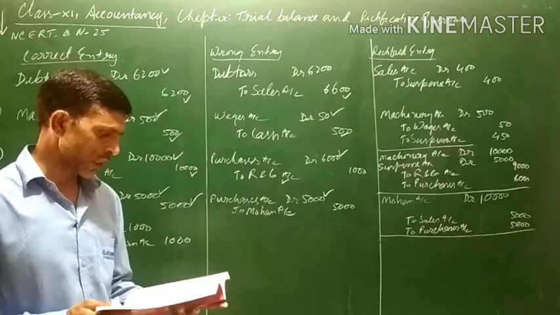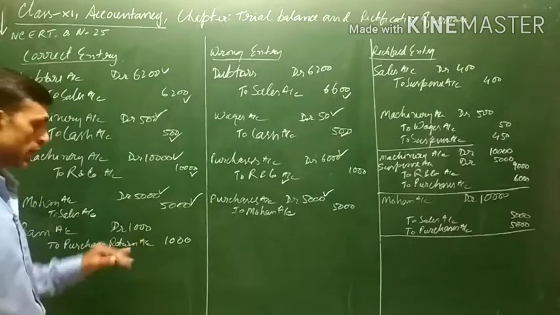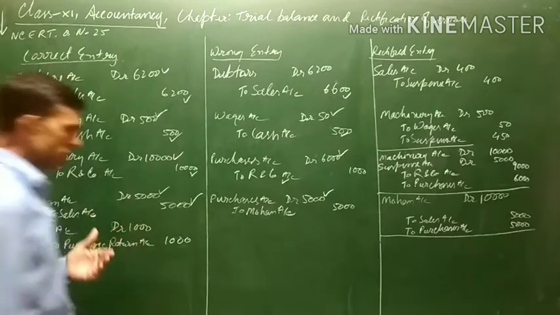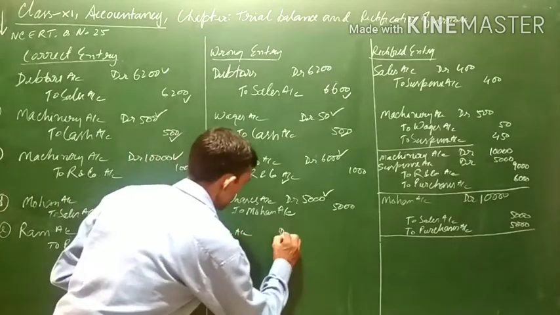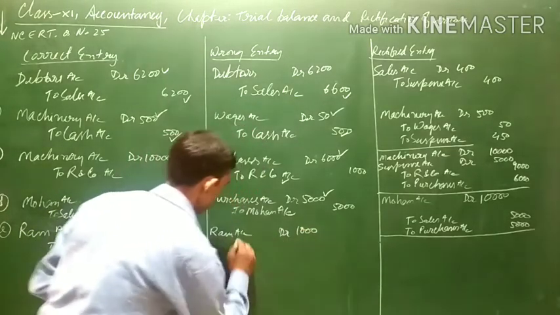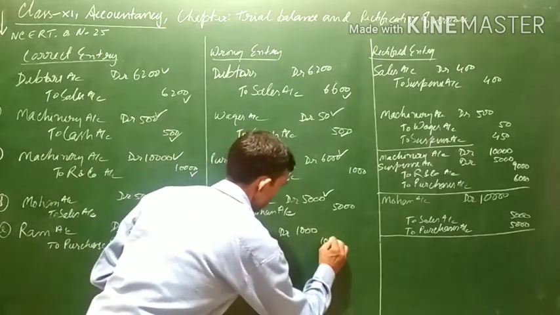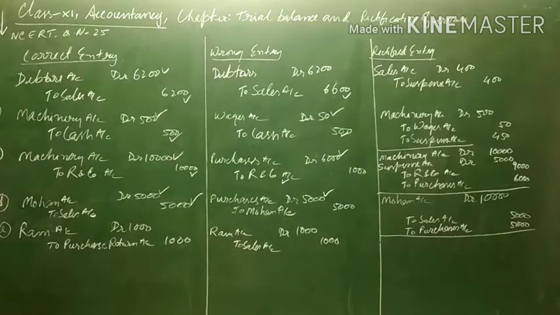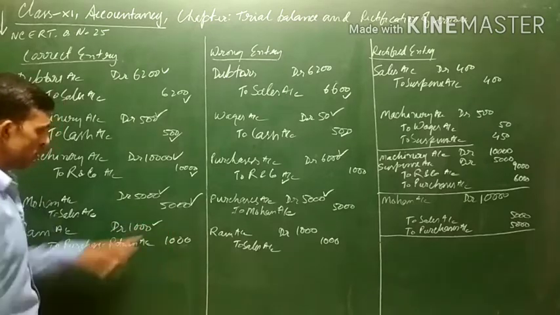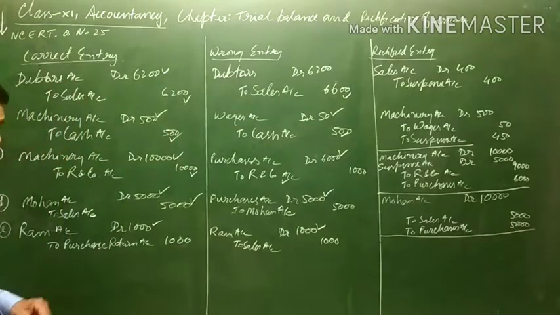Now goods returned to Ram were recorded in the sales book. It has been recorded as a sale, though the goods are returned. It has been recorded wrongly as Ram account debit to sales account. Because as you know, when goods are sold, sales is credited. Now in order to pass the correct entry, Ram account was to be debited. It has been debited also. So no correction is required in Ram account.